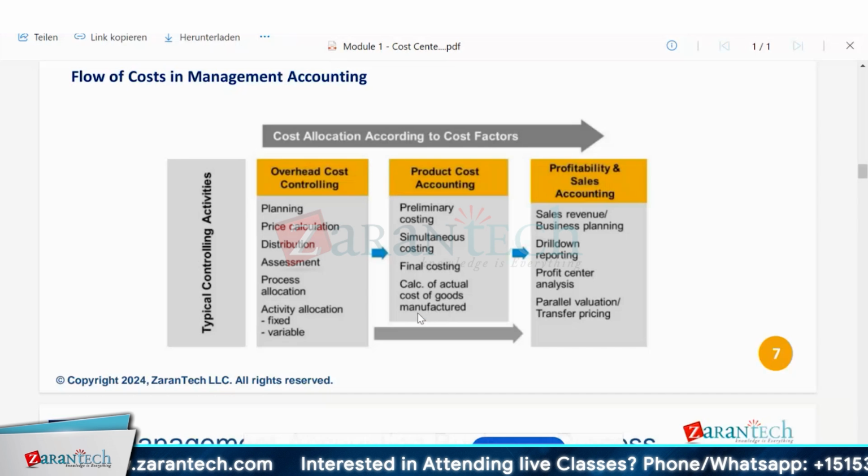Based on how many hours this machine runs, this cost will vary. I mean, electricity cost is not fixed. It is variable based on your consumption or utilization. This cost will increase. Whereas fixed,